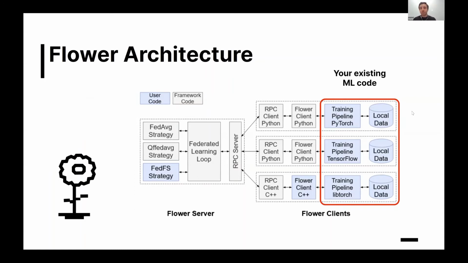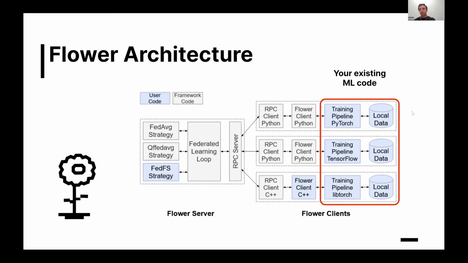This diagram distinguishes between code that is provided by the framework and code that you have to provide to the framework. So on the very right-hand side, we can see that this is your original machine learning pipeline, and we'll see a code example in a few minutes. But usually your existing machine learning example consists of two things. It consists of your data, and it consists of your model and the way your model is trained. So the way you would federate this project is you use the Flower client, you write a few callback methods,